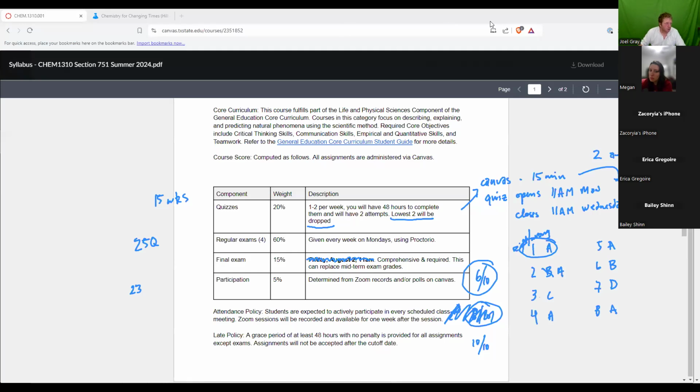The next thing that I wanted to talk about with respect to our class is participation. We'll have Zoom polls, and we might do Top Hat depending on the success of the Zoom polls. I will let you know whenever the time comes. Actually, we're probably going to do a mixture of Zoom polls and Top Hat. If you've done Top Hat before, then one thing that you've probably known is that with Top Hat, you get a score.